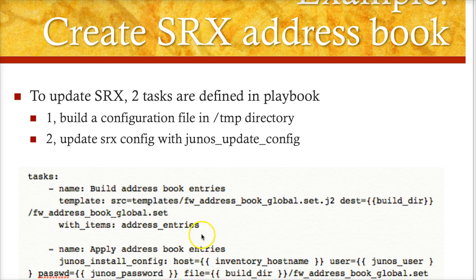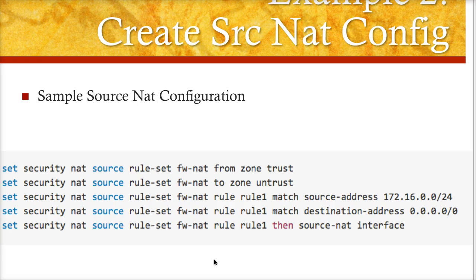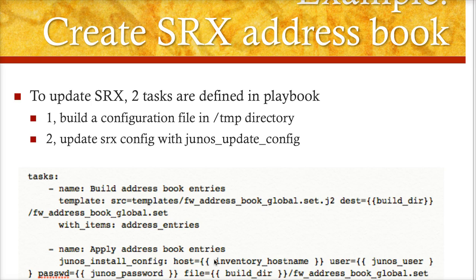And then the next step is, now I have a new configuration file. What I'm going to do is I will use the Junos install config module to basically update or merge this config file with my existing SRX to update the configuration. Okay, so this is how we do the SRX address book. I hope the concept is clear, and then